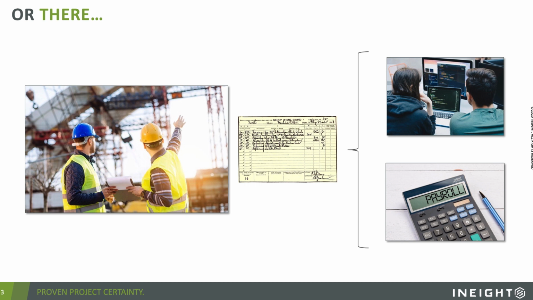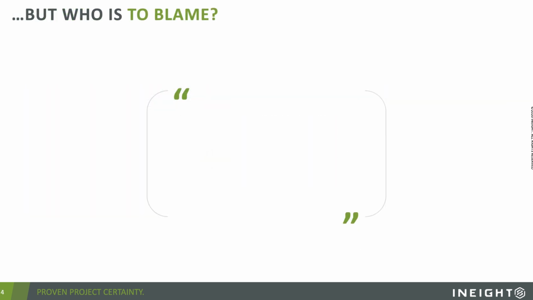The engineers are going to track their quantities, the safety guy needs hours to know how many days we've worked without an incident, the payroll clerk wants to know how to pay these people. And again, they go, what on earth are we looking at? I can't even read this, right? And so the question that we really want to answer today is who's to blame?